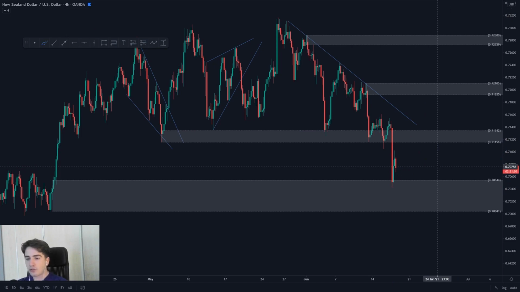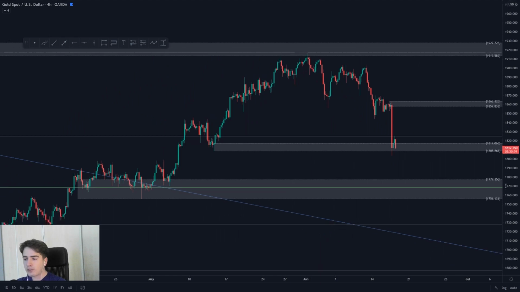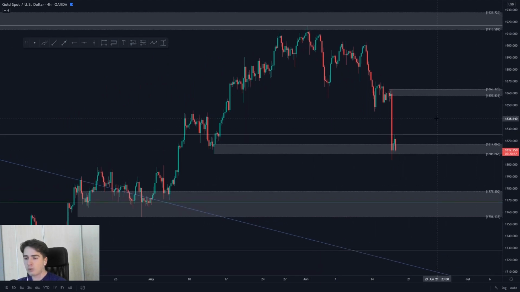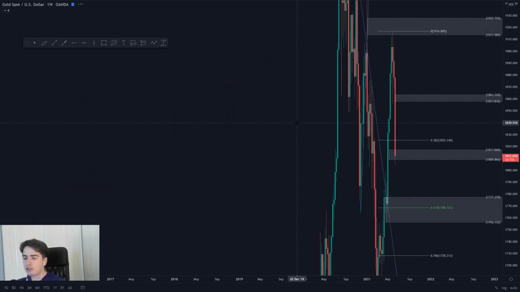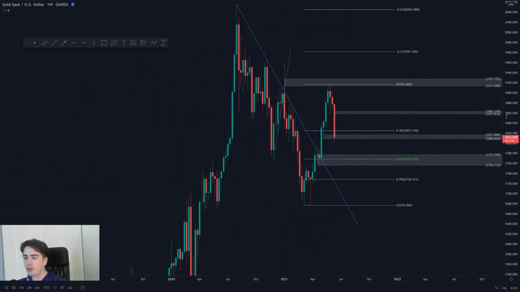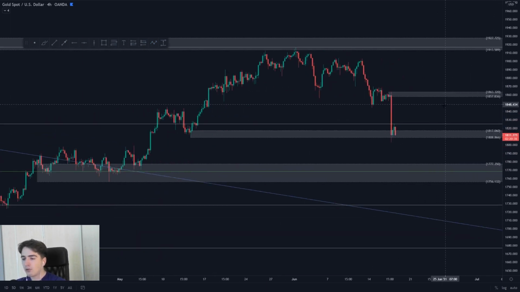And let's finish off this analysis with gold. And gold at the moment is currently situated in demand as well. We saw this amazing thrust back in towards the lows. So we could now potentially see that scenario play out which I called at the beginning of the week, which was a pullback into weekly demand before heading back up towards the highs. At the moment, the only problem is that the market is really messy. As you can see, not much going on. I also don't expect a lot to happen anymore.